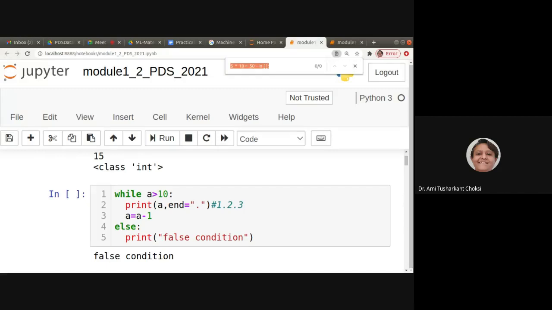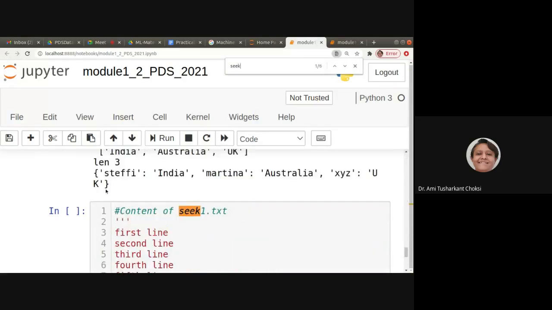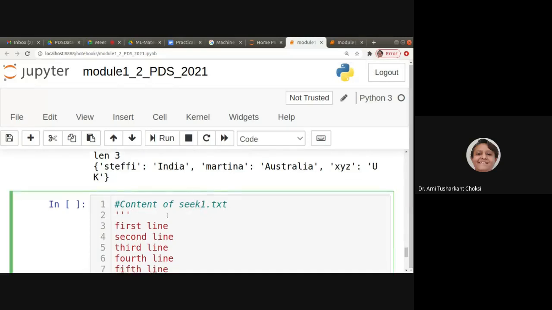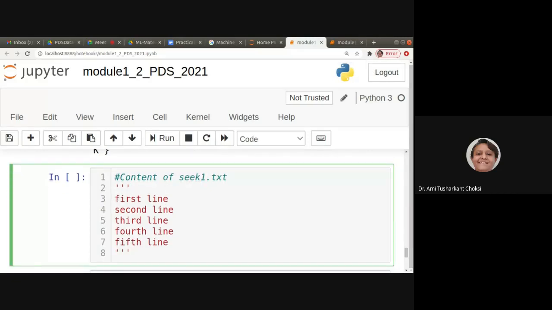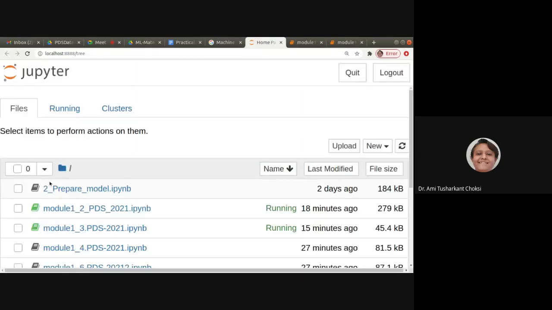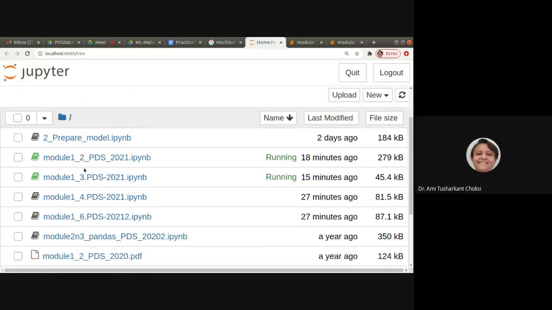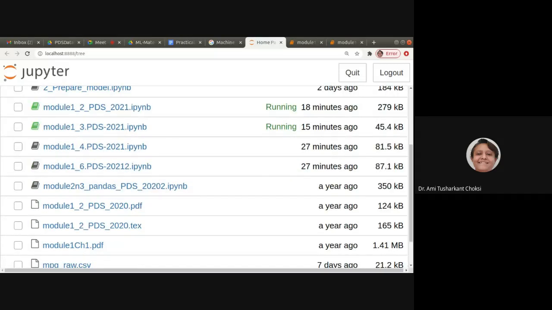Let us now go to our code. I have shown you the code where we were having this content. Now, what are the contents of the sequence.txt? Let me show you this Jupyter notebook first screen.